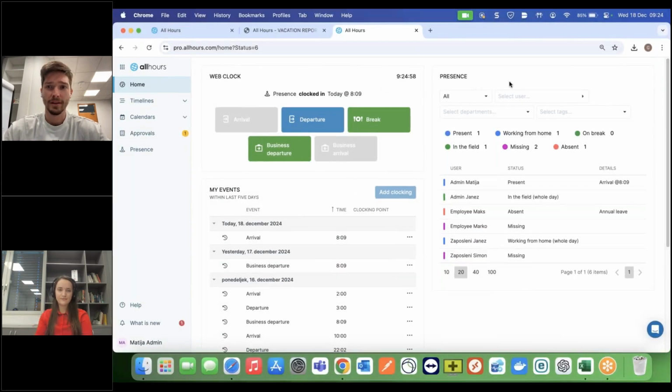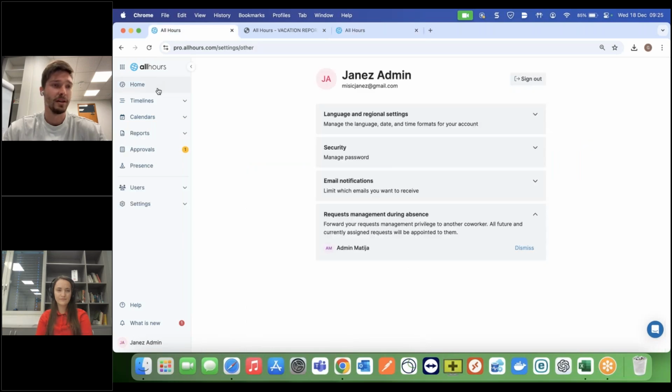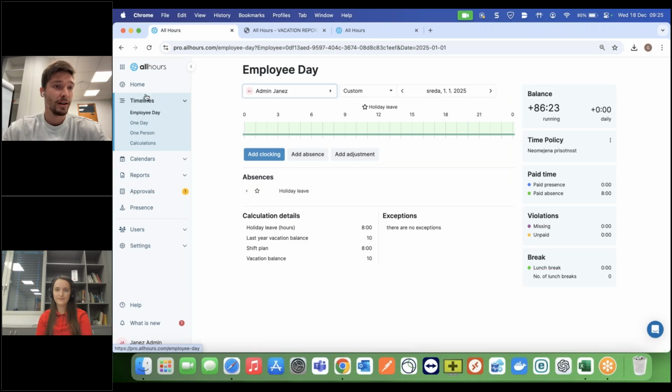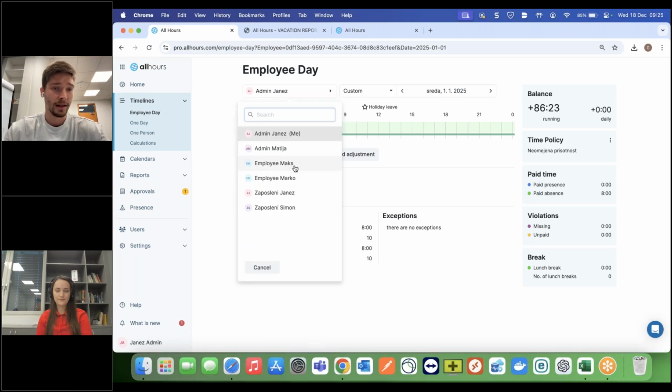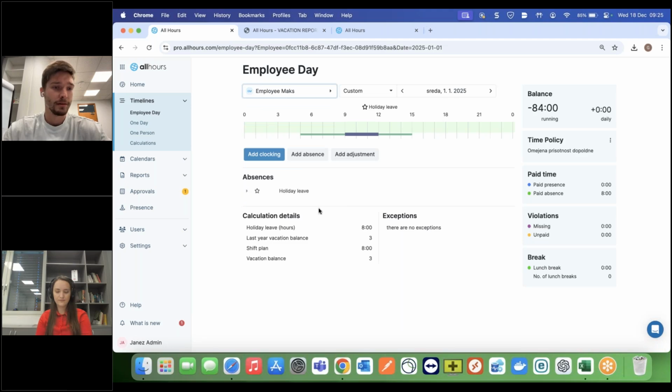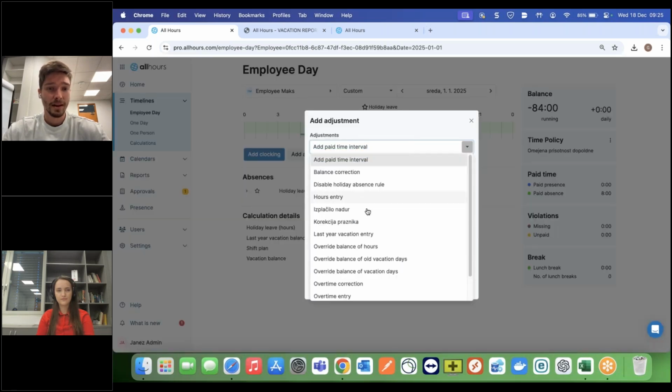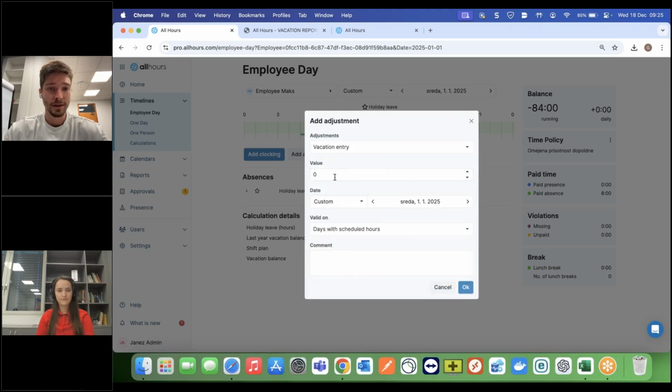Okay, right now I will show you how to do that. In All Hours, this can be done by a manager or administrator. We can open timelines, and in the timelines we can select the user that we want to edit, let's say Max for example, and we see that he has 3 days of last year's vacation. If these are wrong quotas, you don't need to go back to the day you inserted them and delete or update them there, but you can also add an adjustment on this day, and you can insert a vacation entry, which will